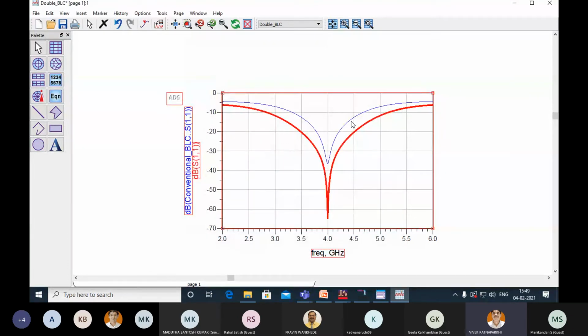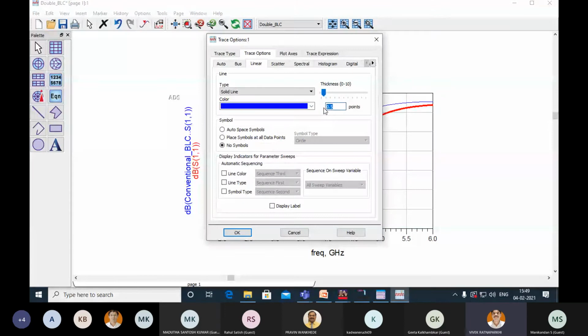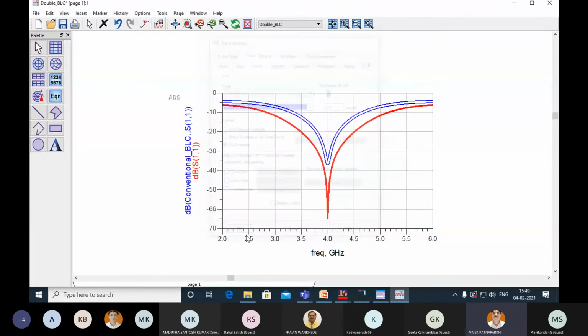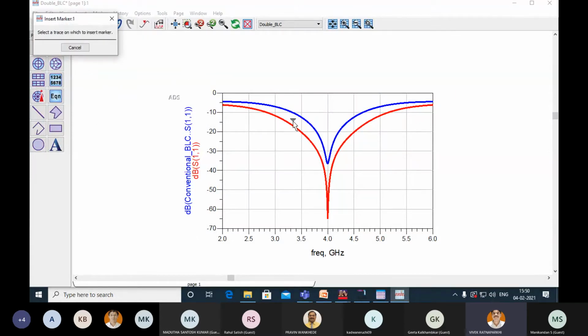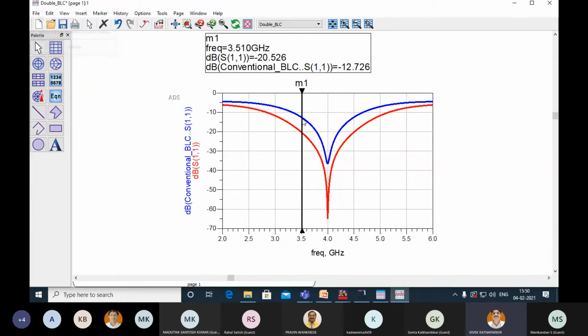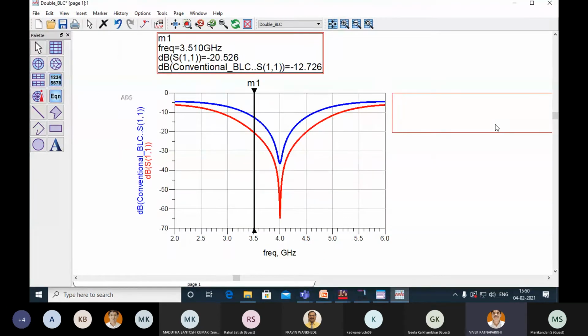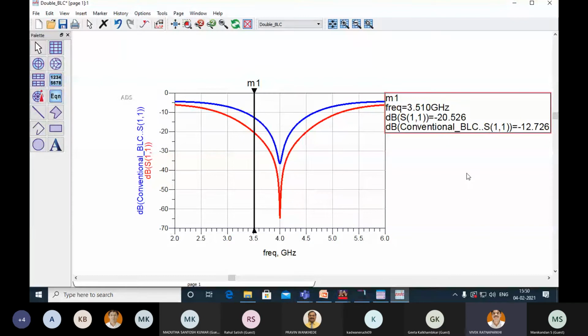So now I will insert markers, and the thumb rule is minus 10 dB. At least minus 10 dB return loss has to be there on either side of the center frequency.